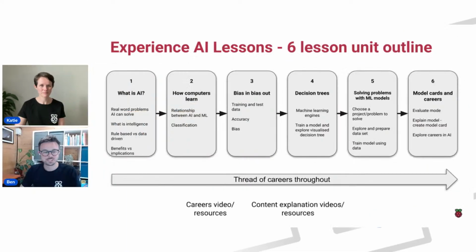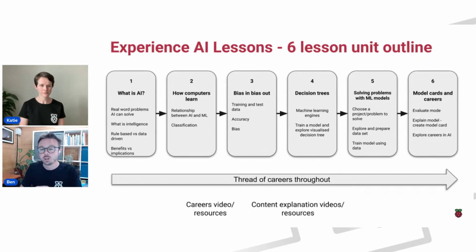So, shall we start and have a look at the lessons? Yeah, that sounds great. So there we go. This is an overview of the lessons that we have in the unit. And you can see there are 6 lessons, and we aim to be roughly between 50 minutes to 60 minutes in length. So you can see we cover a whole breadth of things to do with AI and machine learning,